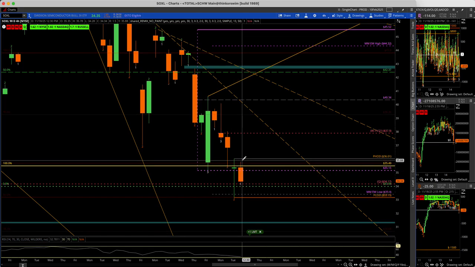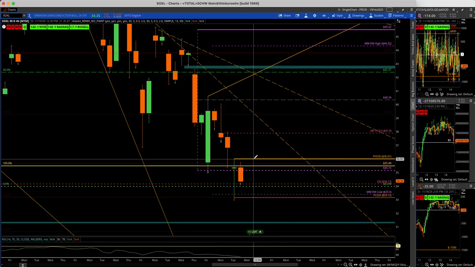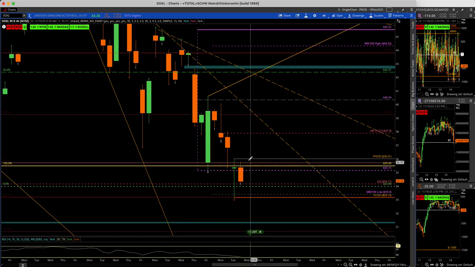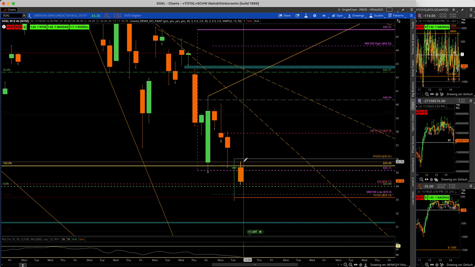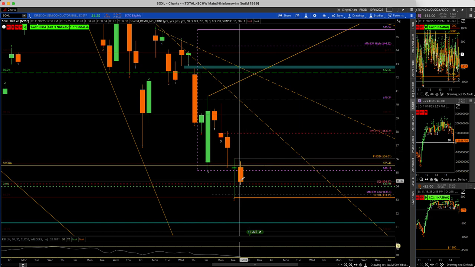You would get a 2, 1, 2 up reversal, and that would trigger at 35.78. But of course, the target would be 36.01. So again, not as much magnitude, but once you get to those levels, you would be looking at your next targets on the day chart, right? This is the 4-hour chart. If we go ahead and switch to the day chart,